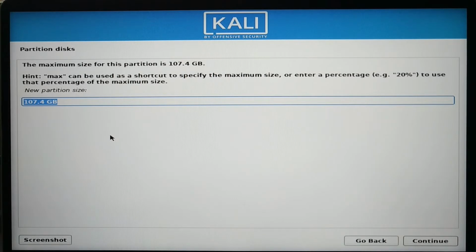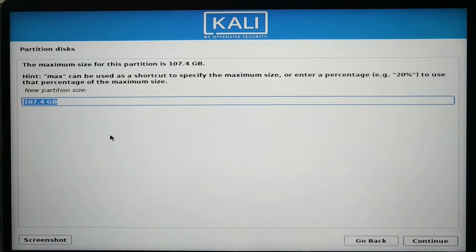And our files which we want to store can be stored in the home folder only, and we cannot store it in the root system. So if we make three partitions, being a root partition, home partition and a swap partition, the home partition gets used because these softwares are a little heavy, so the space in them gets used and we do not have any space to store our files. But if we create a single partition of root, there is a separate directory of home, then we can store our files and also the space from only one drive will be used.